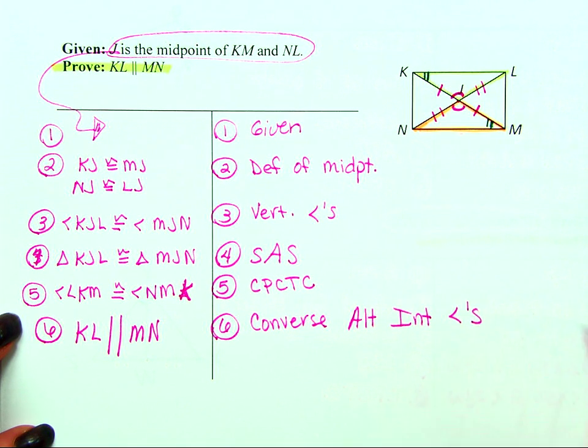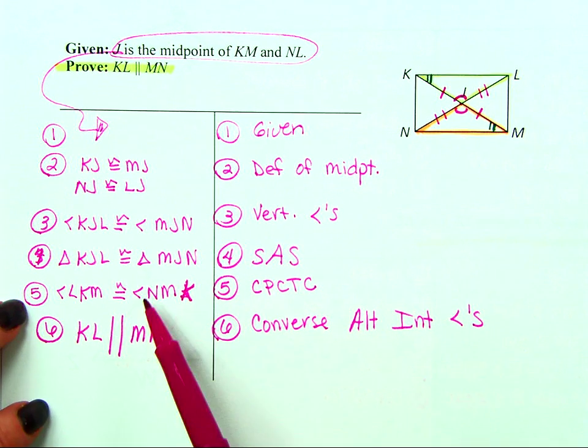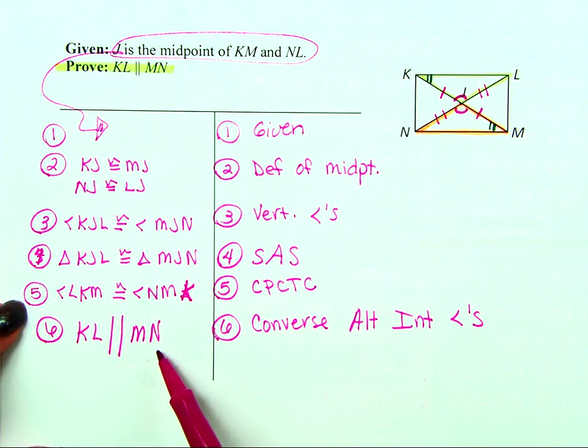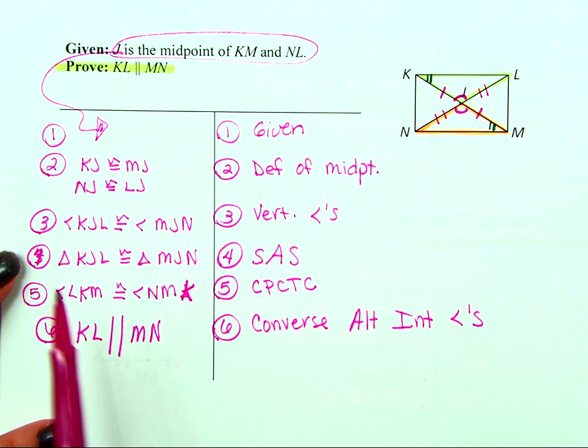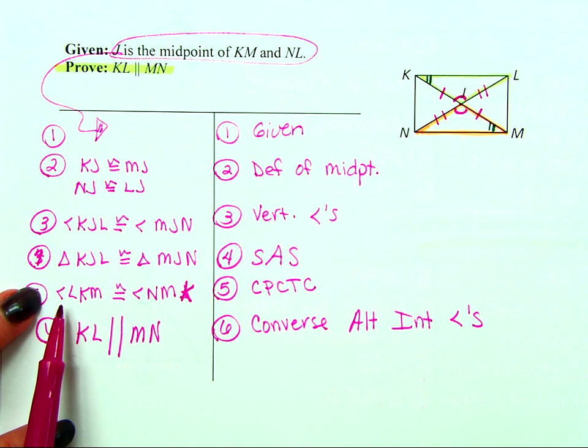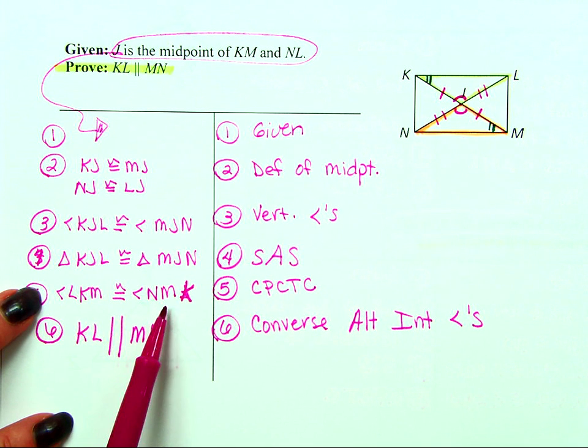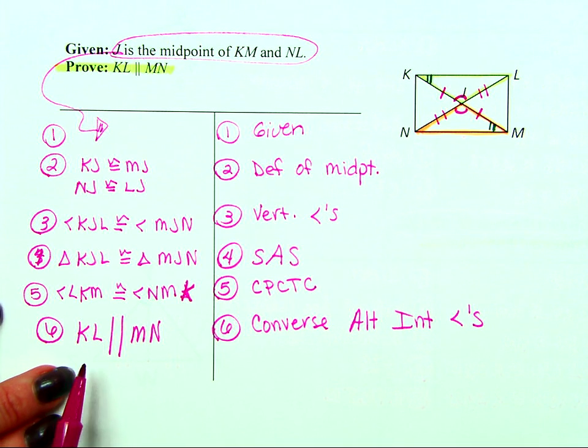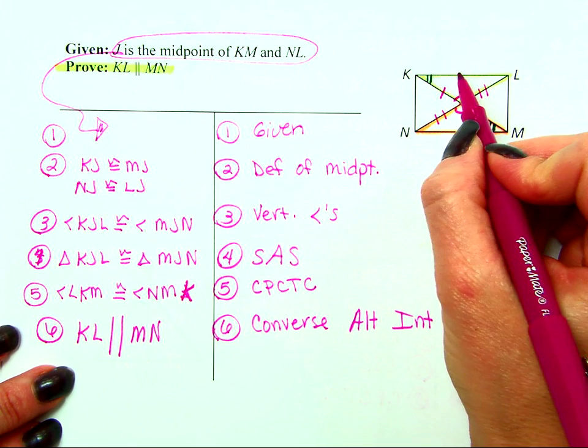We said if our alternate interior angles are congruent, then my lines must be parallel. So in order to prove my lines parallel, I showed congruent triangles, and I showed these corresponding angles were equal. Those corresponding angles happen to be alternate interior, which meant we can say that these lines